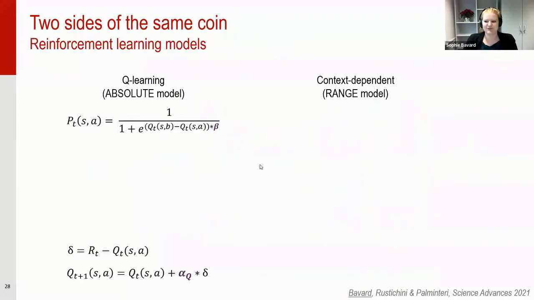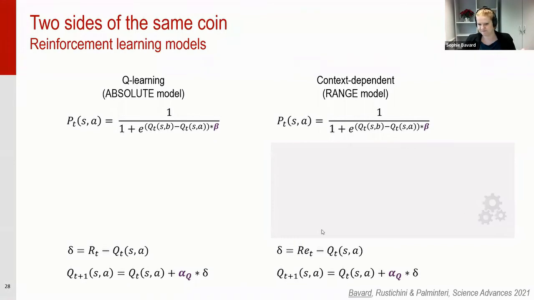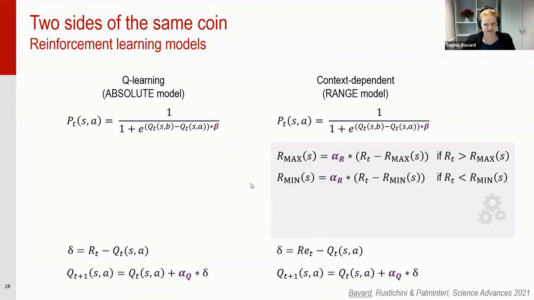So next, I'm going to show you some model simulation results. We compared mainly two reinforcement learning models. The absolute model, which is the same one that I've been presenting before without modification, and the range model, which is a dynamic version of the hybrid model. The selection rule is the same, the update rule as well, but it's the encoding of the reward that is different. The range model tracks in each context a maximum reward and a minimum reward, that are updated also with